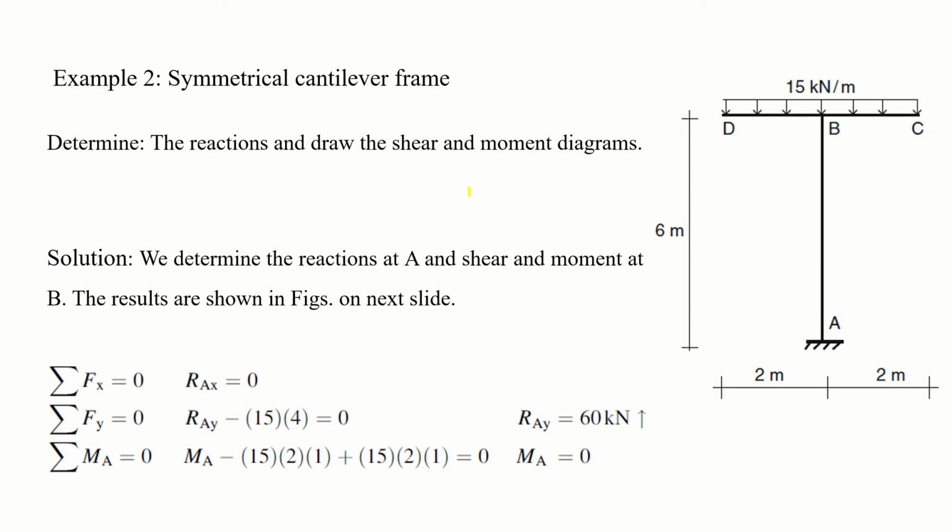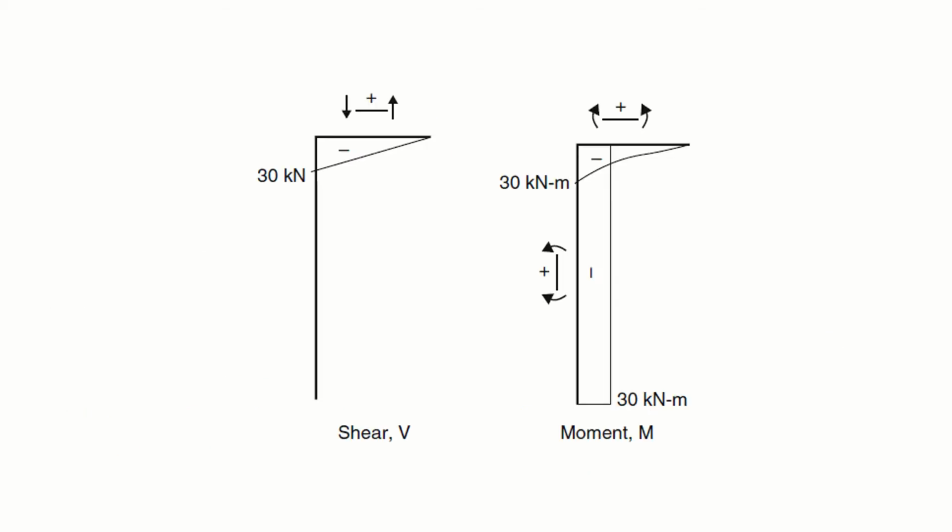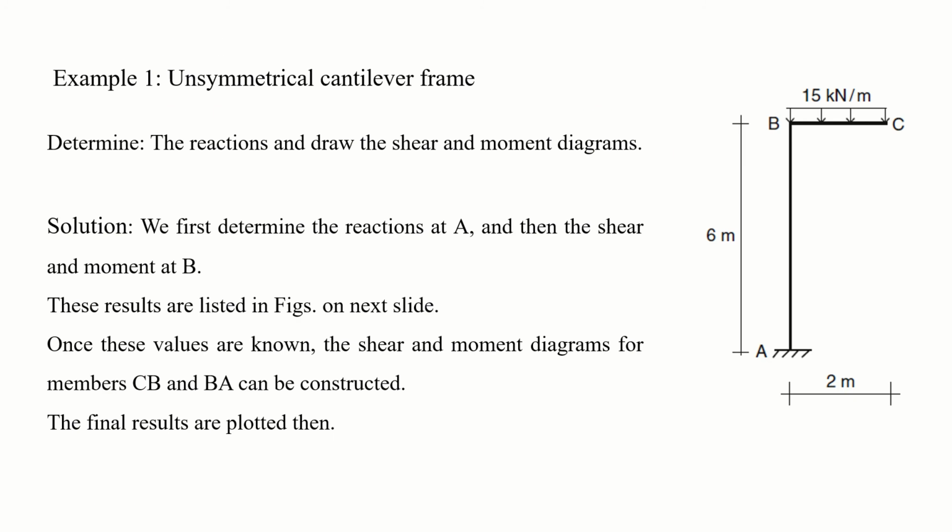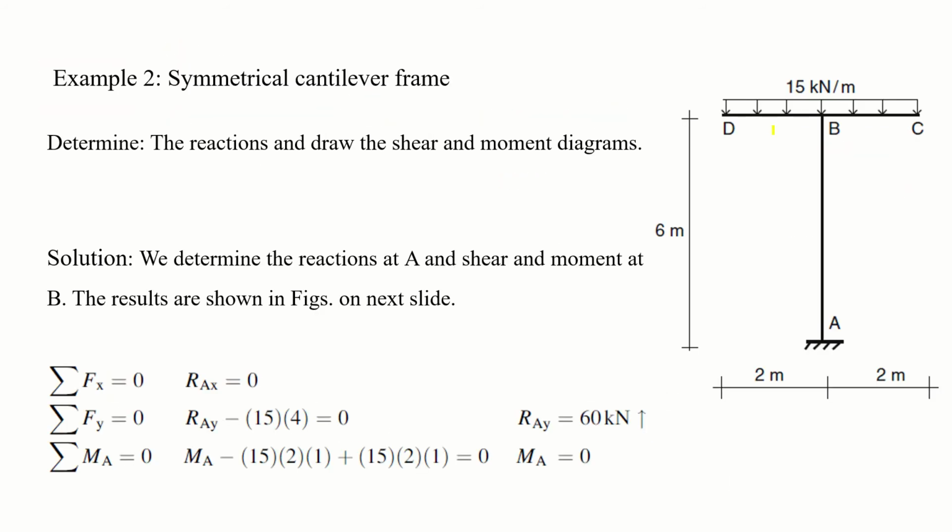Welcome. This is the second part of the same lecture, and now we have switched to the full screen mode so that I can draw on screen for you people to get better understanding. This is a symmetrical cantilever frame. The previous one was unsymmetrical, okay, and let me show you. This was unsymmetrical. There was a column, and the beam was only at one side. So keep it in mind and look at here.